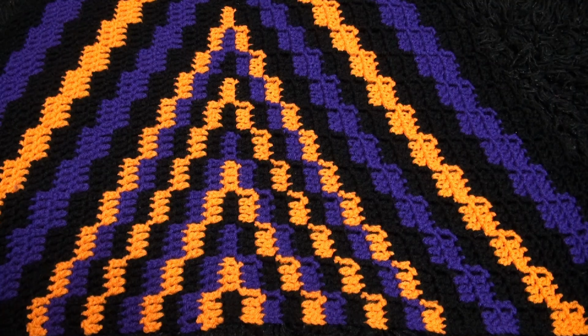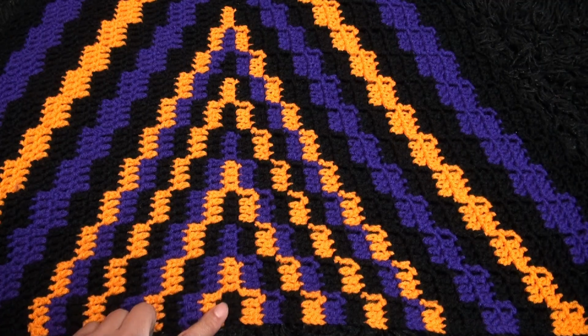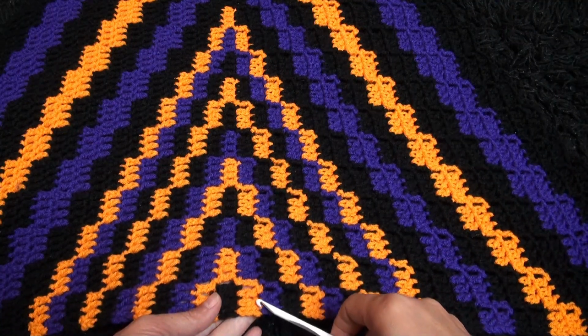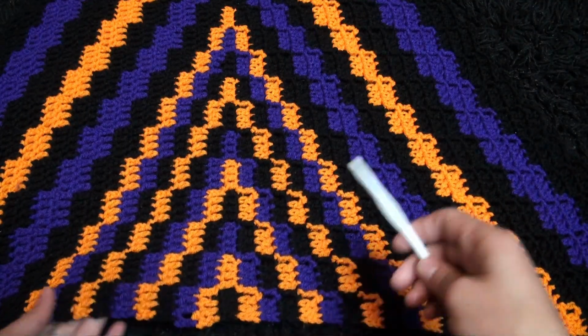Hi guys, so this is the second attempt of this pattern. The first one was too wide but not long enough, so I used this scarf. You can check that in a previous video. And this one I tried to decrease the amount of chains, so we'll see